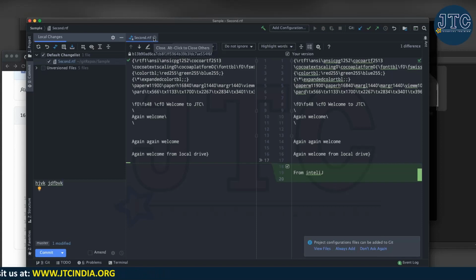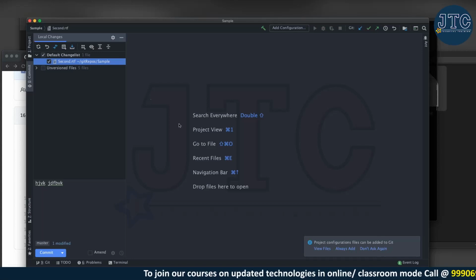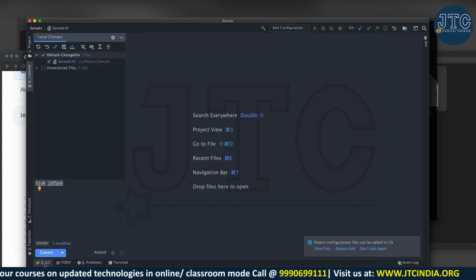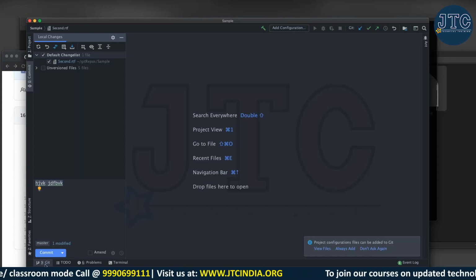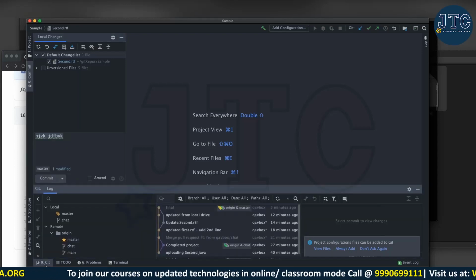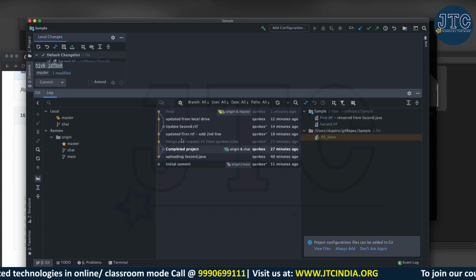Okay, one good question I got: do I really get one history or the whole history? And the answer is that I am getting whatever commits are there from the beginning. How do I get it? Again, go to the commit, and you can see there is a small Git tab at the bottom. I don't know why the highlight is not coming, but at the left bottom corner of my IntelliJ, you will see something called Git, and if I expand, you can see everything you are getting here.